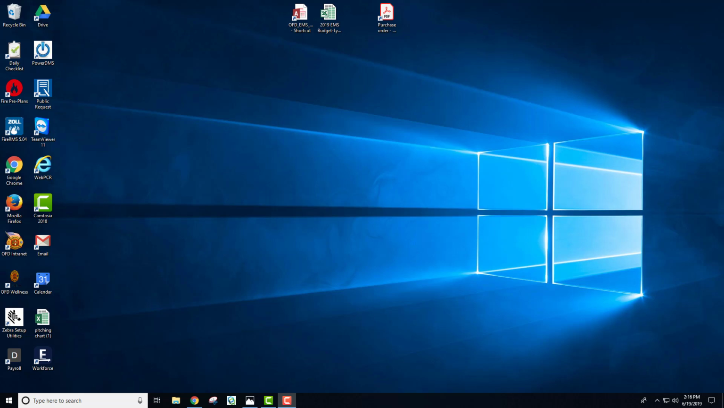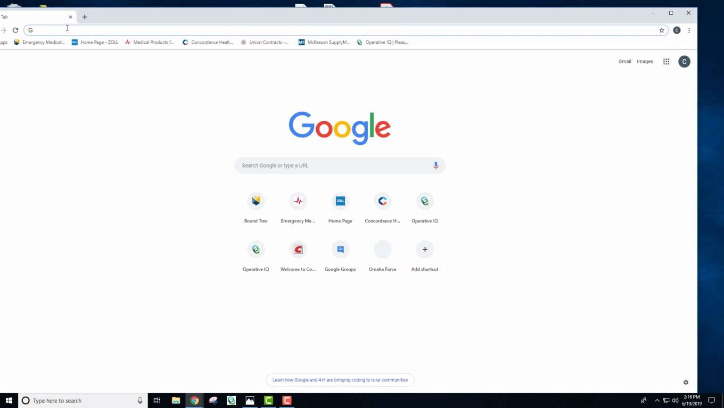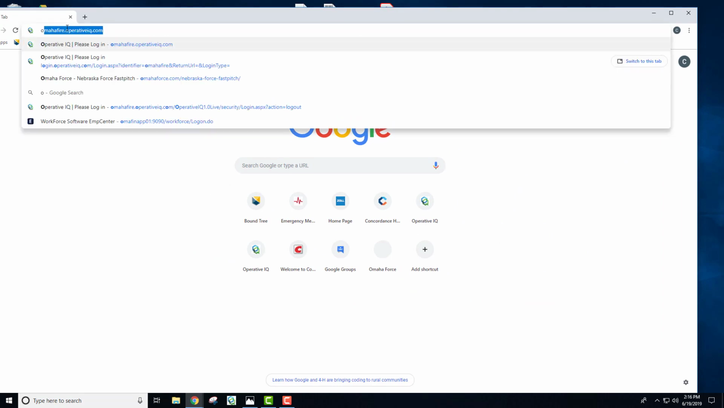So the first step is to log on. You're going to go to your computer in the station or on the CHEATAC in the med units. We have placed a shortcut on the main screen. If you cannot find it, it should be listed on the front. If not, you can open up a web browser, and in the toolbar type in omahfire.operativiq.com,